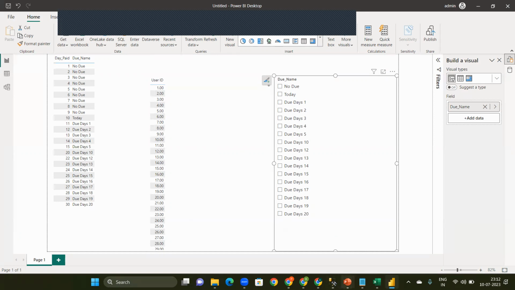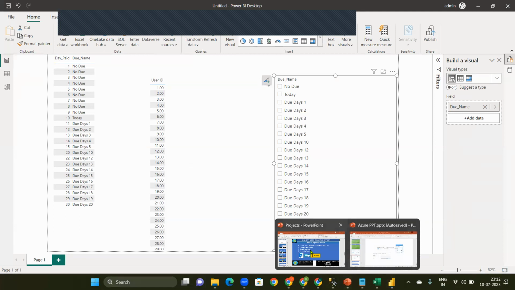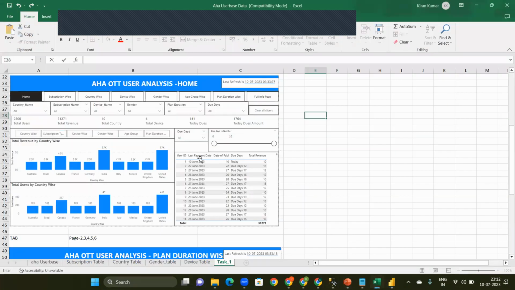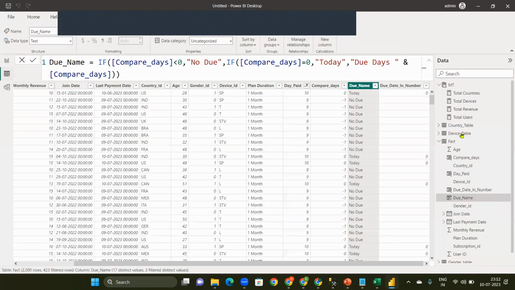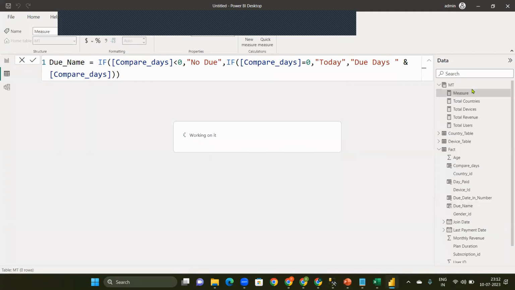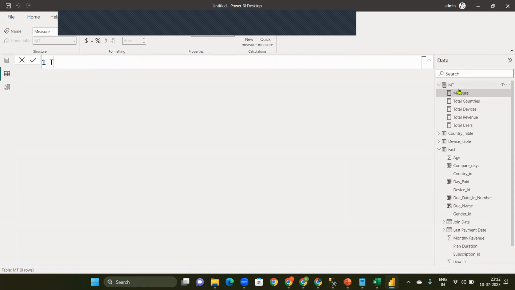Next requirement. Go to the next requirement. Here we can see the total today dues, one measure. Total today dues means today how many users are paid. So then go to the measure table, data view. Then you have to create one measure. Today due users equal to